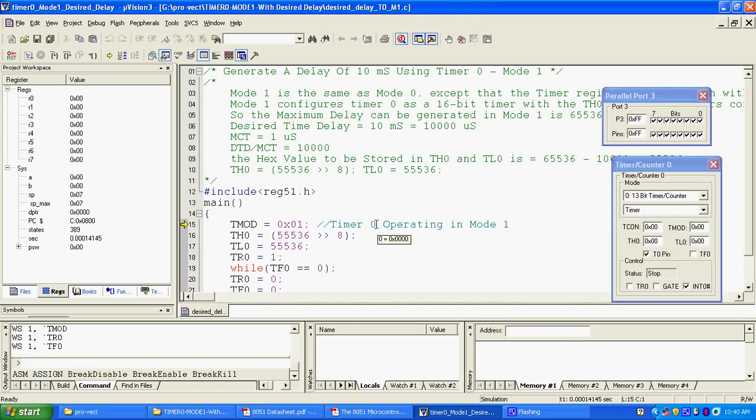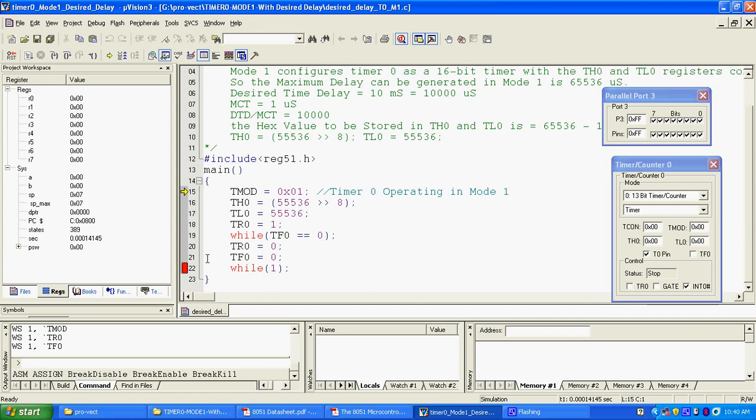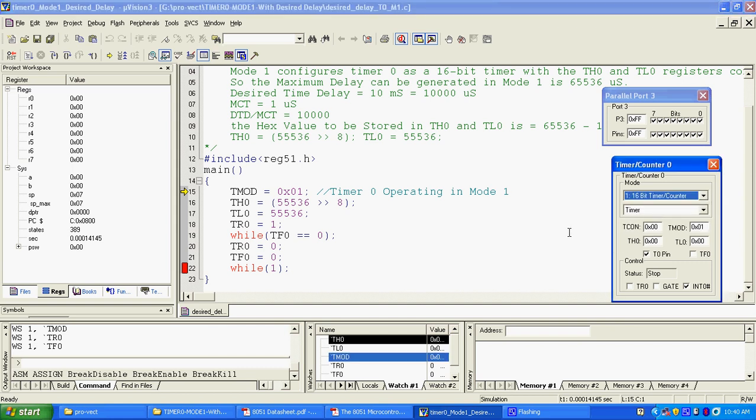Let's stop our debugging. Let's start once again and have a look at the registers, how these values are getting changed. I have put a breakpoint at this infinite loop. We can also go for the values. See, TH0, TL0, TMOD, TR0, TF0. Keep on tracking these values and registers. Now I'll be using timer 0 operating in mode 1. This is the option for step into, meaning I will be going into the code step by step, not skipping the code. So I will be pressing F11 to start the program.